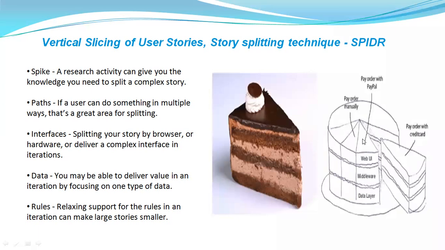So that is why you need to divide this in 3 in this way so that, see, pay order with credit card. In this user story itself, you will be doing work in web UI, middleware, data layer, all the 3. And once all the 3 are done, then the user will be able to pay the order with the credit card, right? So a complete functionality has been done. In the same way for pay order with PayPal and pay order manually. So this is known as vertical slicing of user stories, and